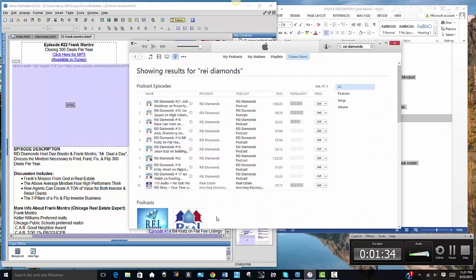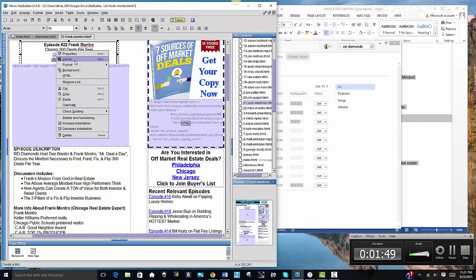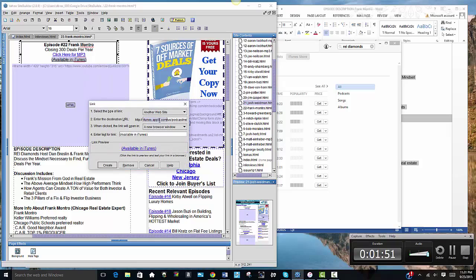I will then open the iTunes up. Once the podcast has uploaded, which is REI Diamonds number 22, that's the podcast that we're adding today. We're going to copy the link from iTunes and paste that link into the bottom half of the link on our website. Take out the HTTP and